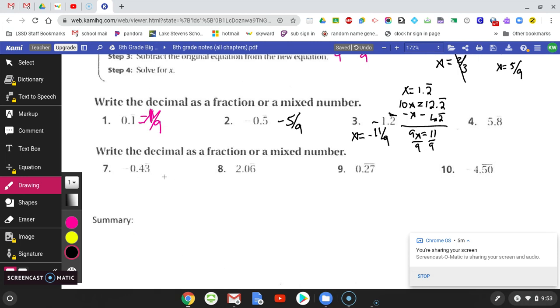Same thing, but now you can see that there is a little bit more involved. So we're going to do number 7 and we're going to do number 9 to show the difference between these two. Okay, so we're still going to write our equation: x is equal to our number. Only the 3 is repeating, so we're still just going to multiply by 10. So then that would become a 4.3 repeating. When I subtract away my original equation, minus x and minus 0.43 repeating,